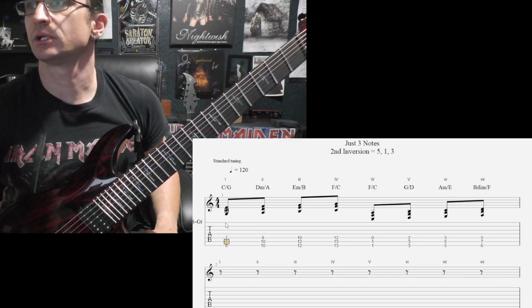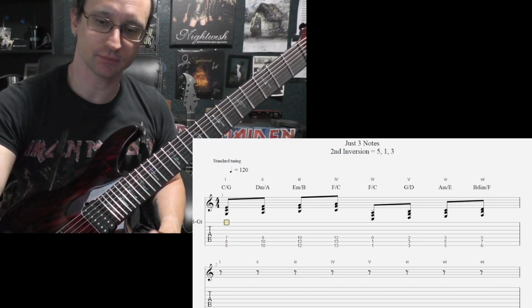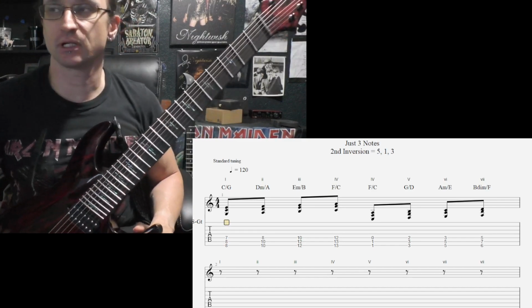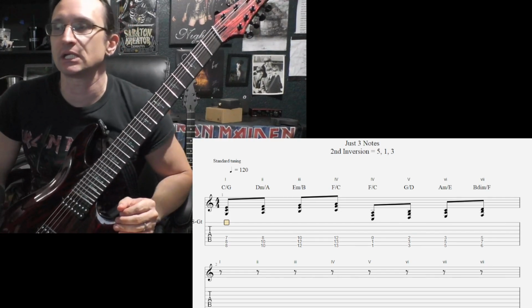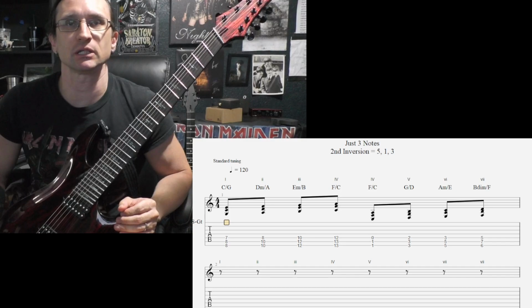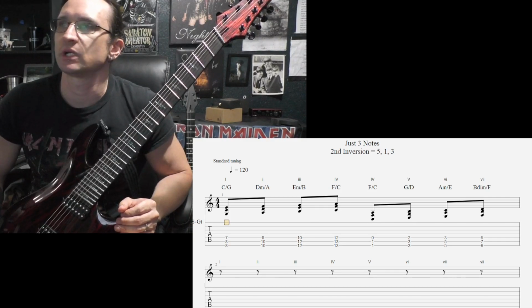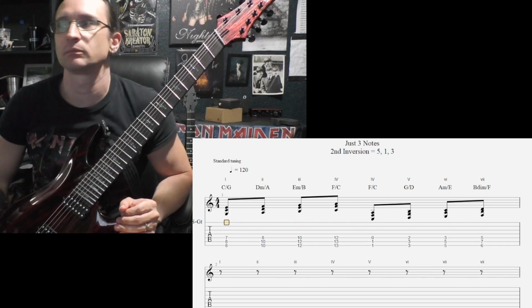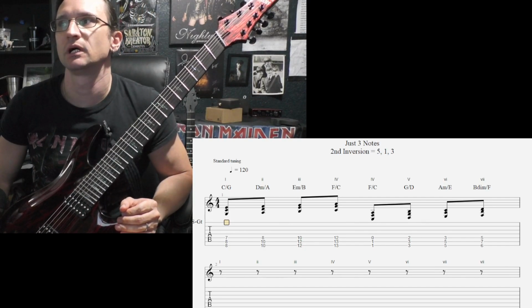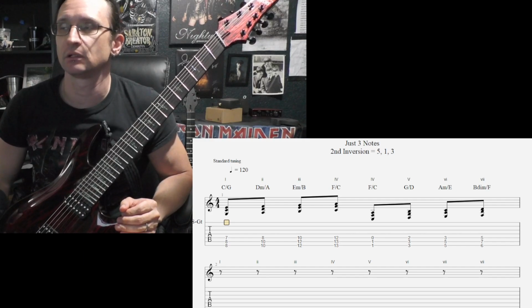The bass note is the fifth interval. And these work very well with distortion, I feel. It's a great way of making chords sound deeper than they really are. So whenever you put the fifth interval in the bass of the chord, below that root note, it can really beef things up a lot. So